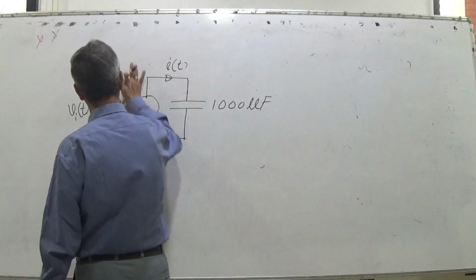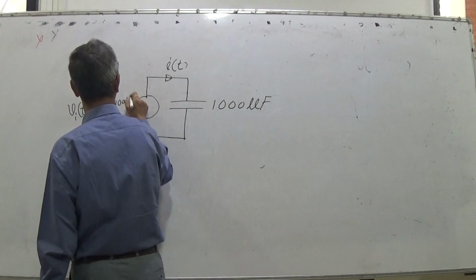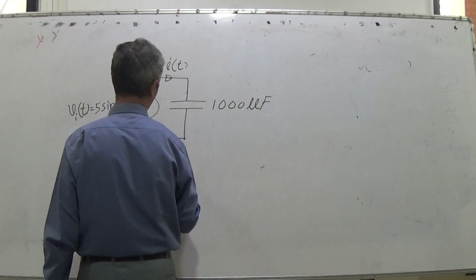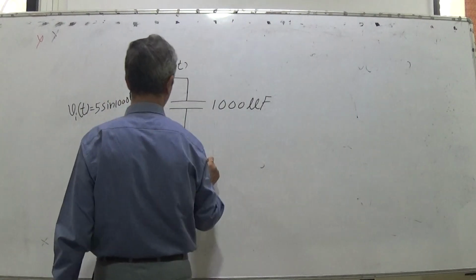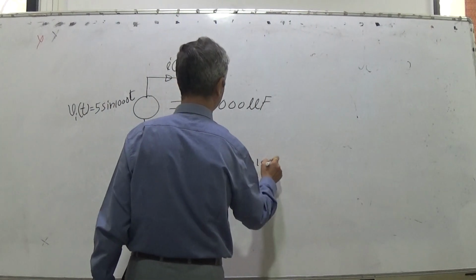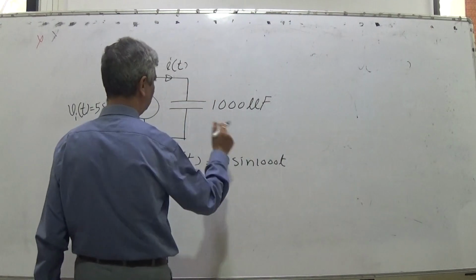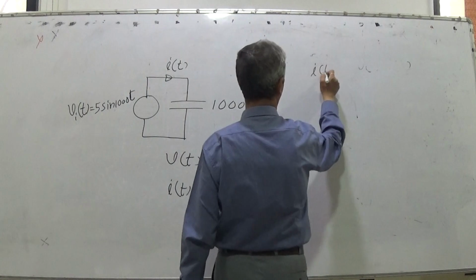This also I will now use sine, let us say 1000. So what is VT? Same voltage here, phi u sine 1000. What is IT? Current would be phi u